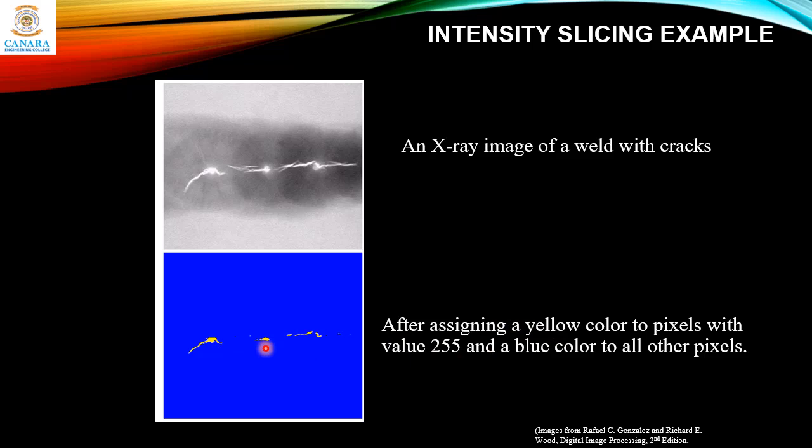Now, in this second image, you can clearly see where the cracks and the porosities are. So the intensity slicing reduces the human operator error. So this is the advantage of going for pseudo color image processing. So this is the first case. And this is the second case, in which we go for multi-level intensity slicing.